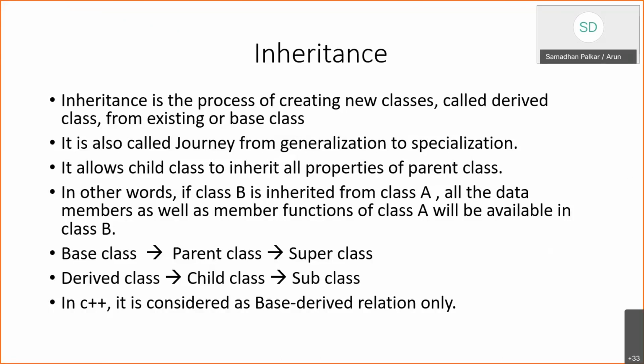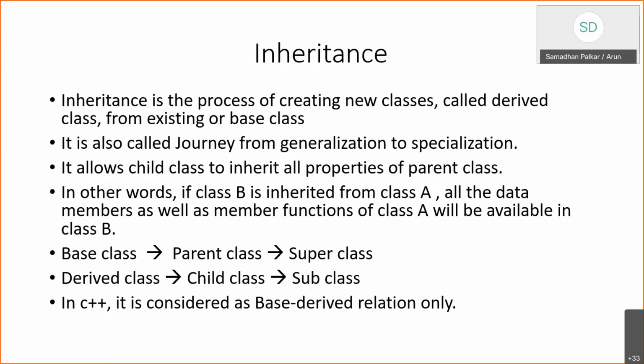If we have something generalized, like I gave the example of Walmart in a class, right? So if you want to acquire general properties, in that case you write those general properties into the base class, and whatever special things are required, you will create a derived class from that, and you will access those general properties in the derived class. You also mention that inheritance is simply a journey from generalization to specialization, right?